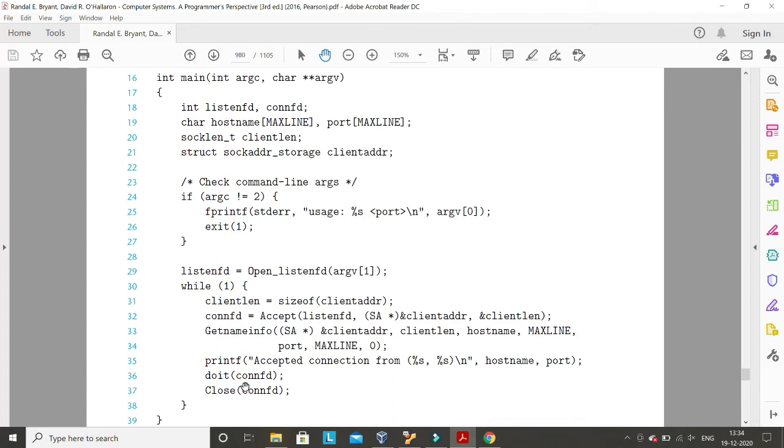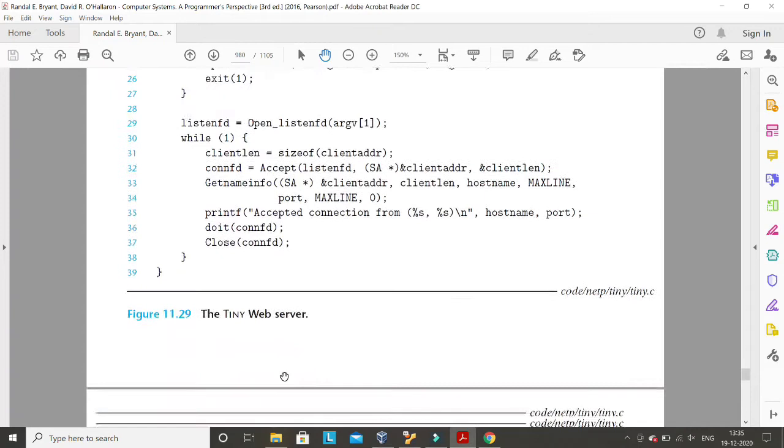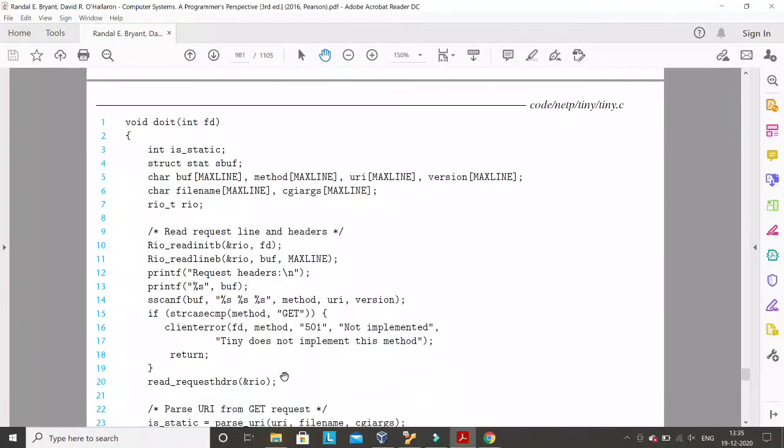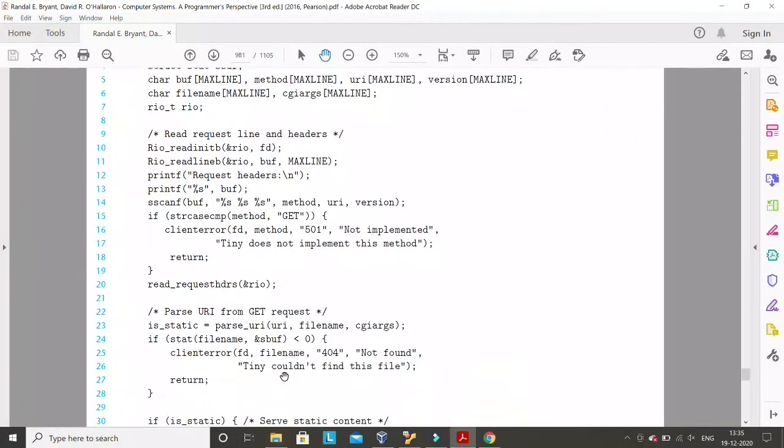How do they communicate, between the client fd in the client and the connection fd in the server? They have created a different function here called doit. You can also write something from this server and it will be available in the client. So after establishing the connection, they created a new function called doit. There are a lot of things in the doit function. If you read it, you will understand it. I will not explain all these things.